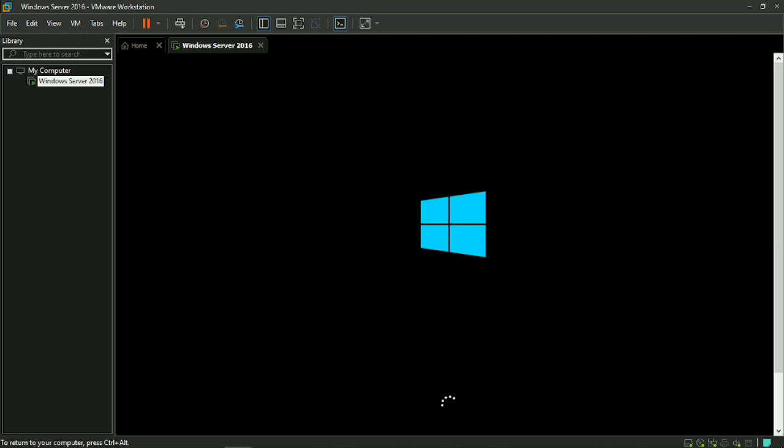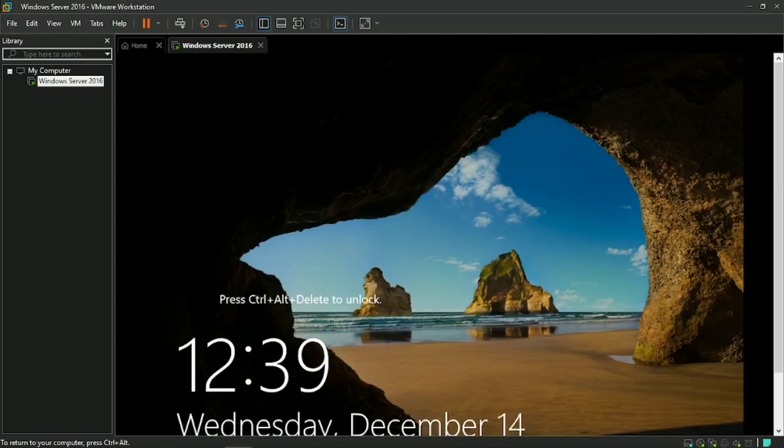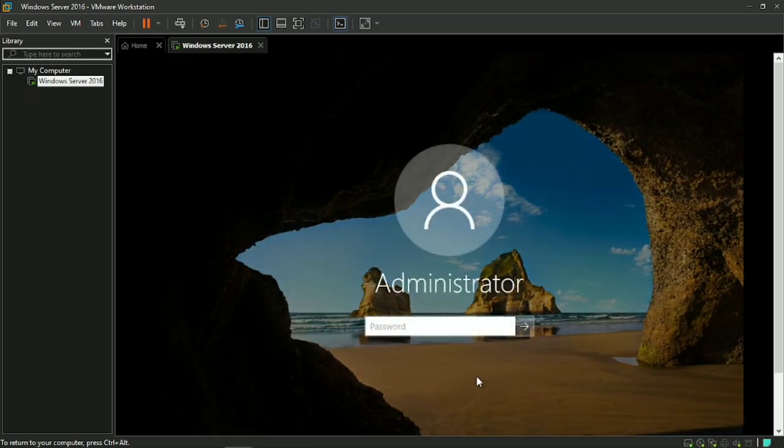So ayan, hintayin lang na po din. So dito po is lalabas ulit yung Windows. So type lang natin yung sinet nating password. So ulit lang po natin,